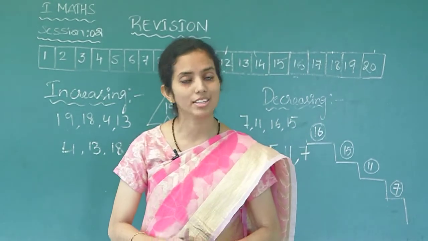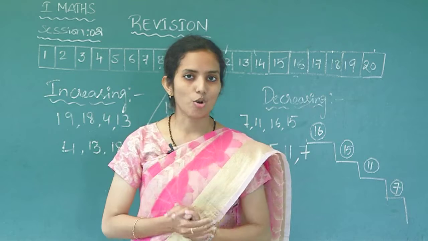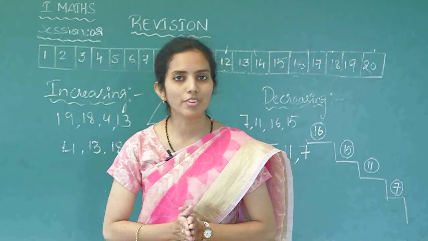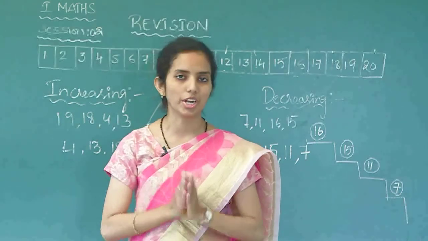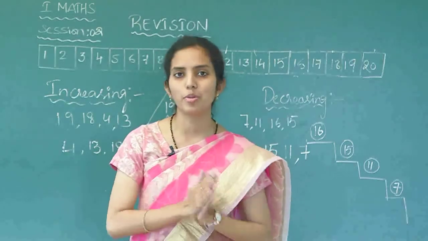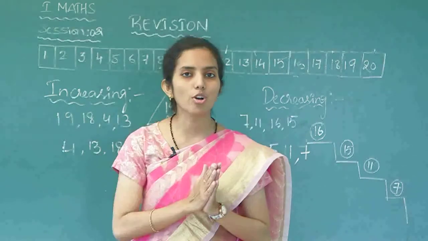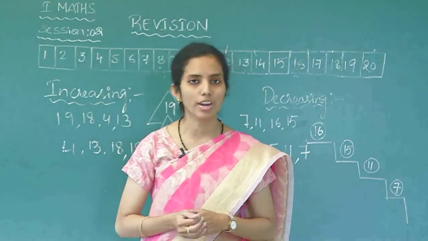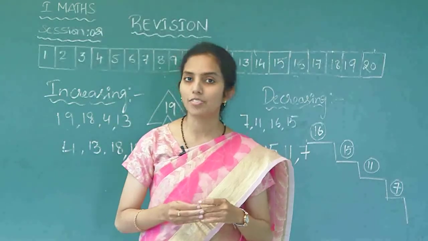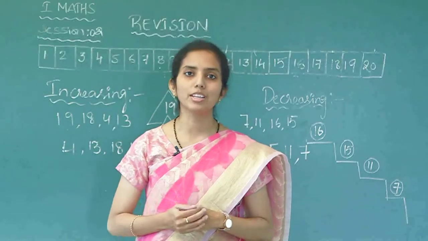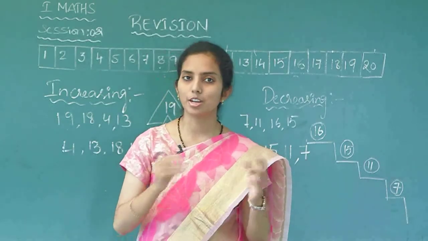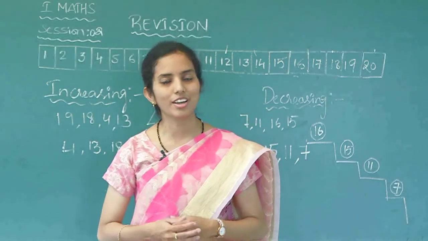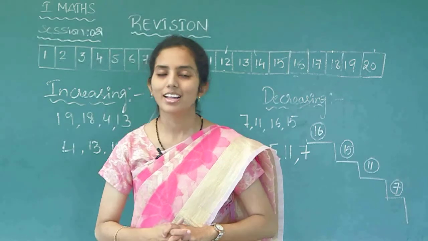So, if you complete these 3 questions as homework, with that we will be completing our first chapter. In our first chapter we have learnt numbers till 20, number names, before numbers, after numbers, increasing order and decreasing order. Hope you have understood all the topics very well, and I believe that you will all complete the exercise problems and the remaining drawings too. So, with a new chapter, let us meet in our next class. Until then, thank you all.